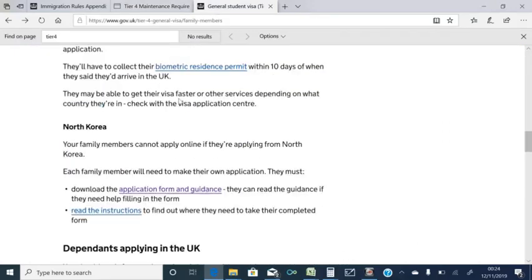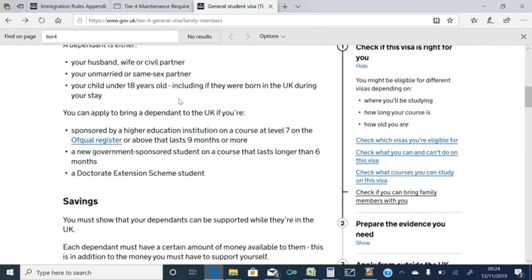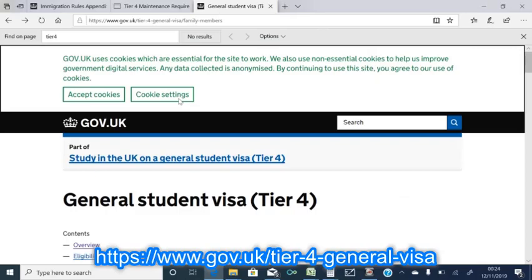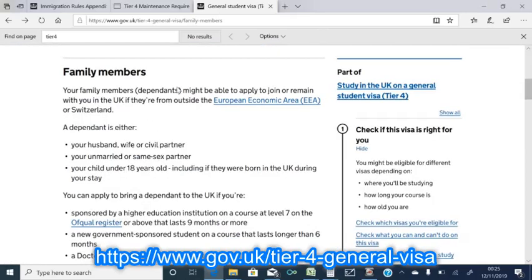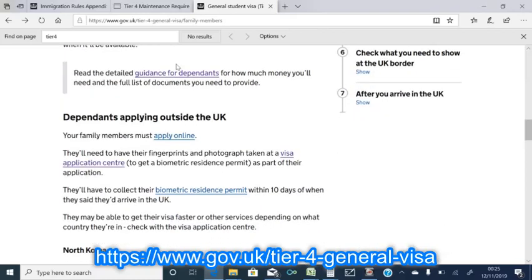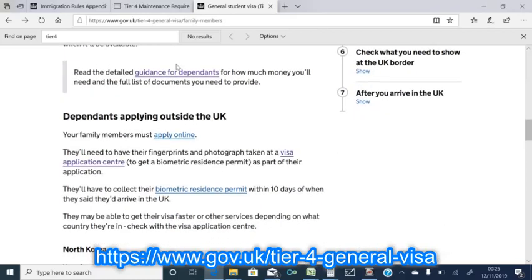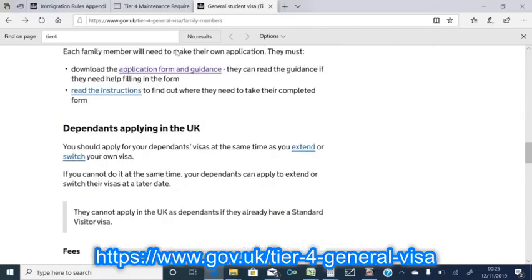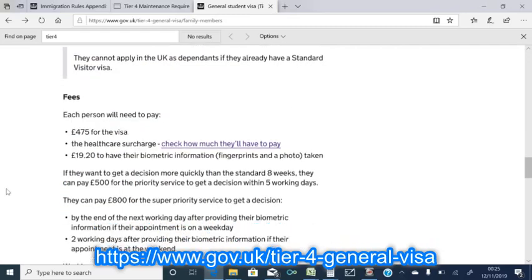If you go to the UK PA website, it is the UK government website. The information here is 100% accurate. You should go on this website and explore this if you would like to learn more about the process, timing and fees. Each person will need to pay